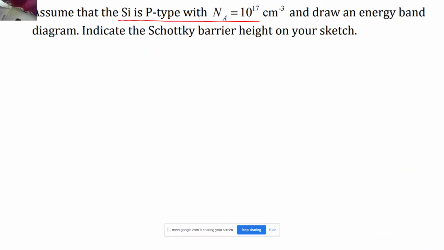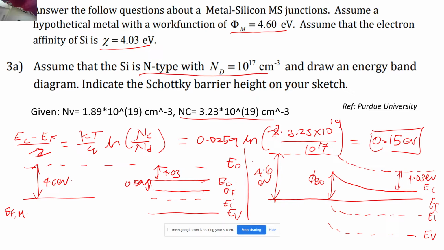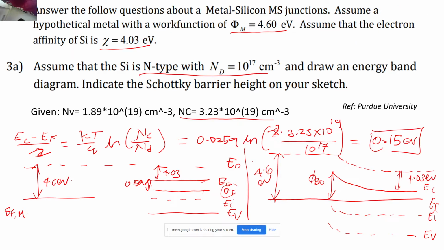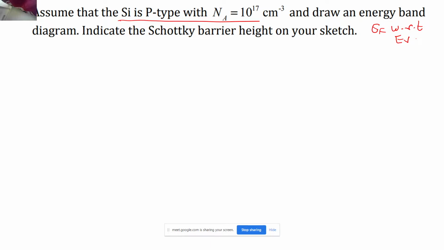Now in this case, they have changed the material to the P type, right? So first I have to determine the Fermi level position with respect to EV, correct? So EF with respect to EV I have to determine first. And it's not a big task, because NV has been given to me. See, this is the value of NV, and I know the doping concentration. So first of all I have to find the difference EF minus EV, and from there I have to check the difference of Fermi levels of both the metal as well as the semiconductor, right? So how am I going to do this?